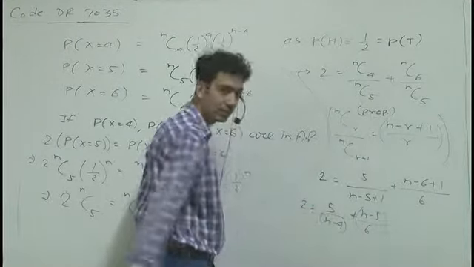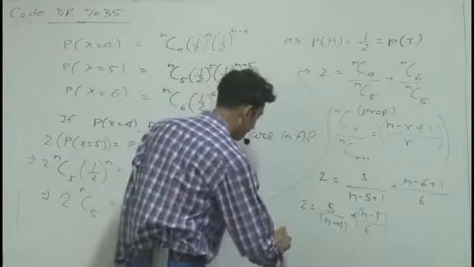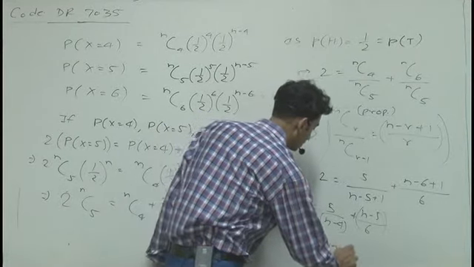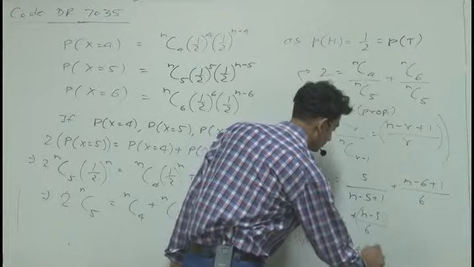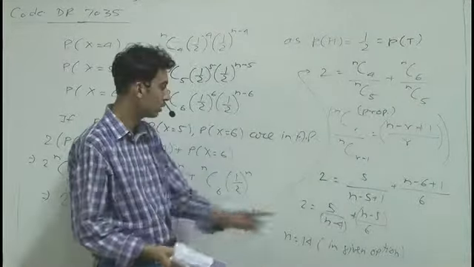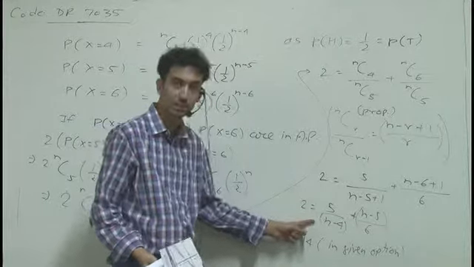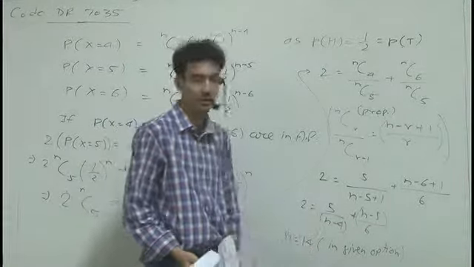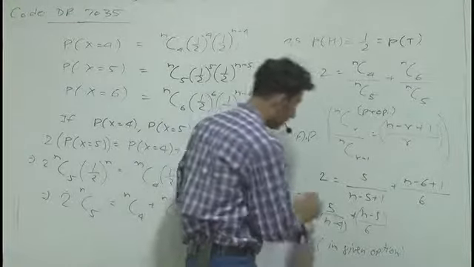If we solve this equation, we can get n = 14 in the given options. We have 2 different values of n. By solving this equation, out of them only n = 14 is given in the options. So the correct answer is n = 14.